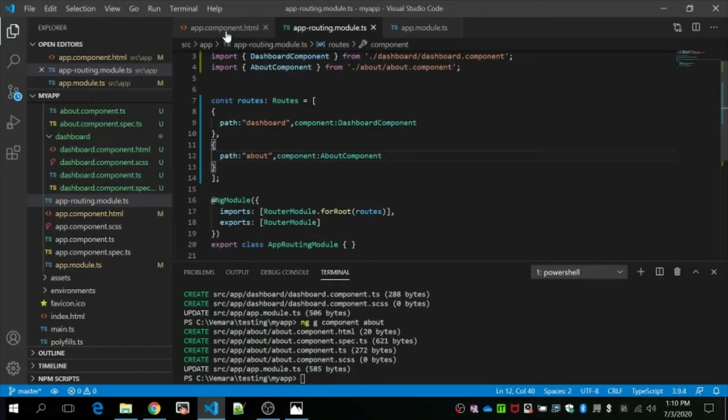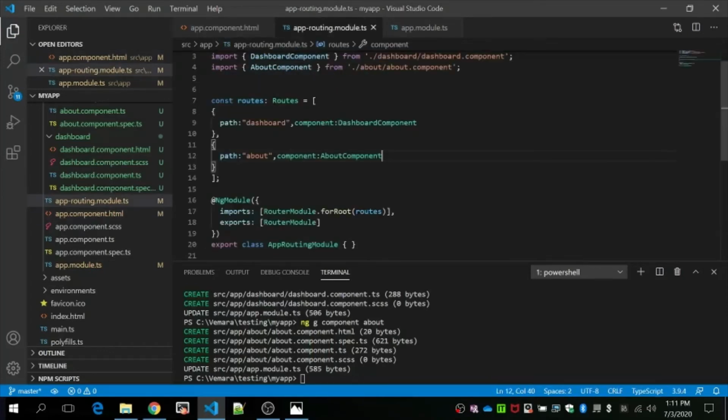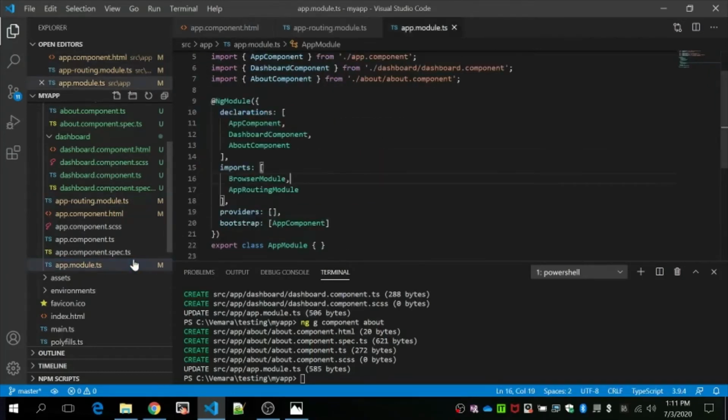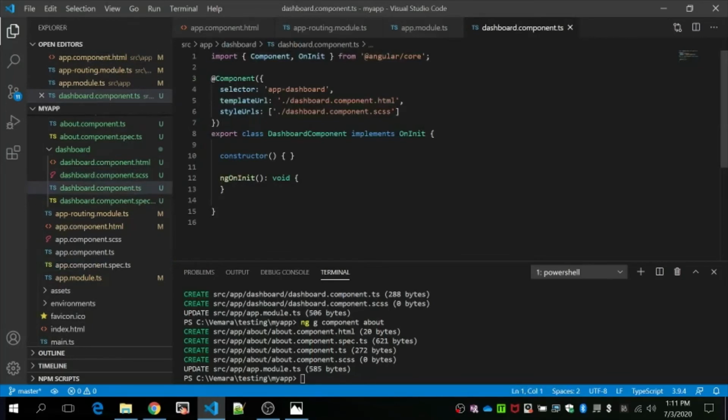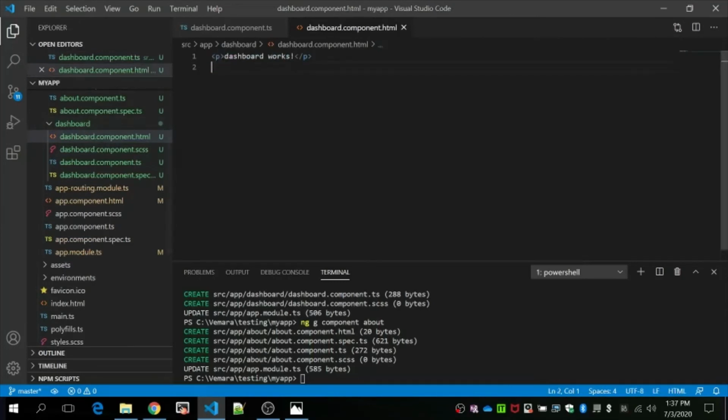So what will happen is when we click this hyperlink, this router link dashboard will search in app-routing.module.ts for the path and will search for that particular component. And in my app.module.ts, I have declared the dashboard and about component and have provided the path for the component. And the control will go to that particular component and will check for the template URL which has to be loaded on selecting that particular router path. Dashboard component.html. So let me just add something else to it.